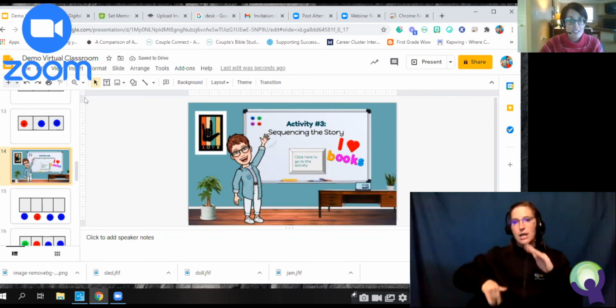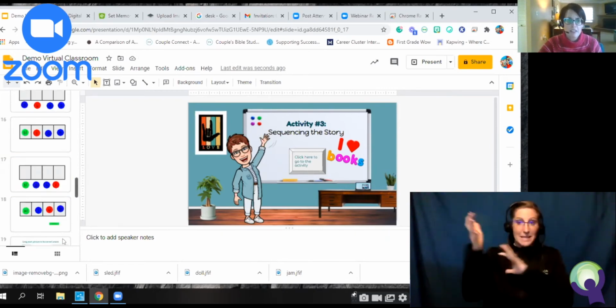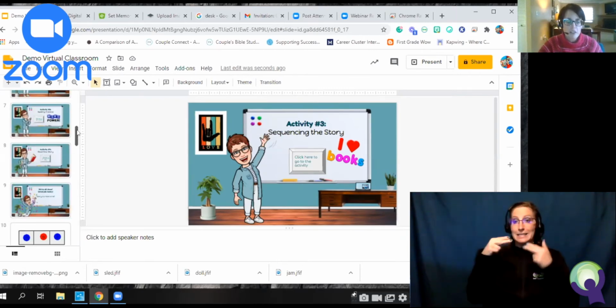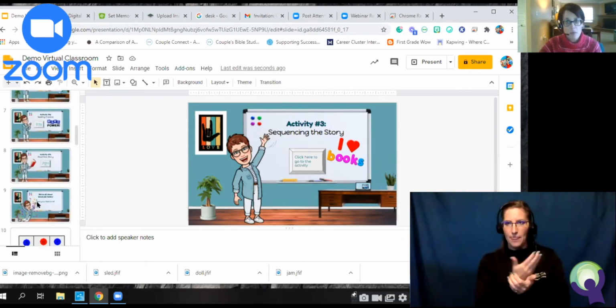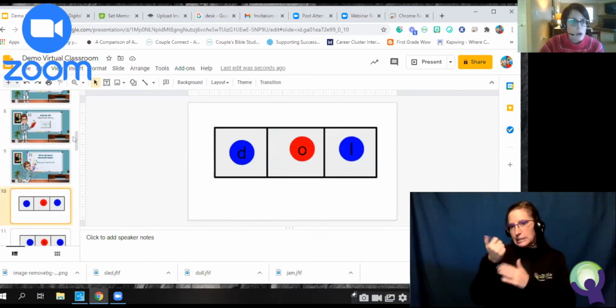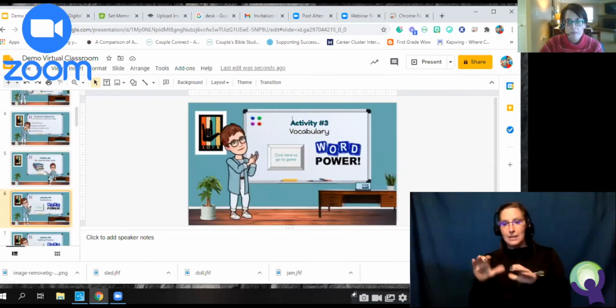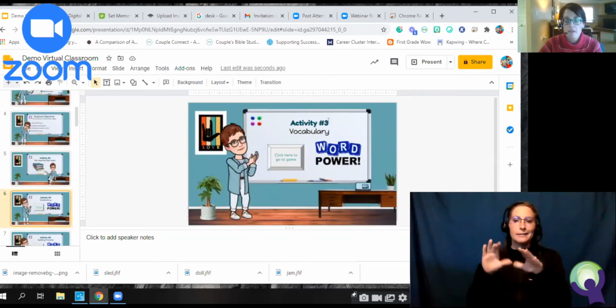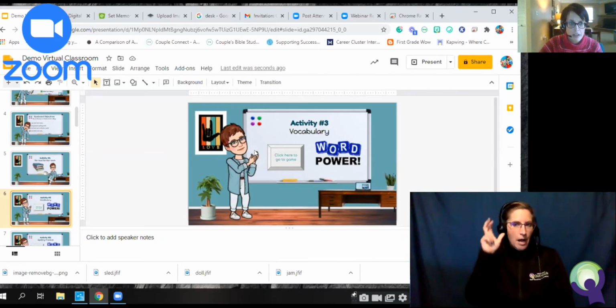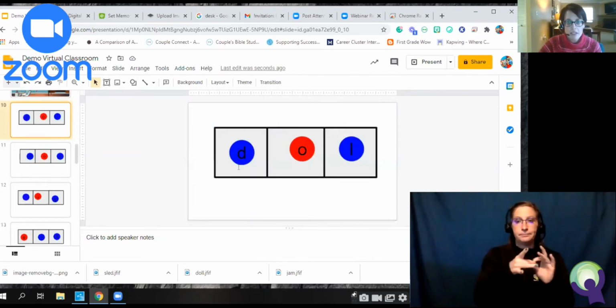My student never sees all these slides. So to me, it doesn't matter how messy it is, or if there's 100 slides, to me, that doesn't matter. So I just leave everything there, and that way I don't have to delete anything. And then, for example, here's some sound boxes that I made. So one of my activities that I did one day was, maybe it was activity number whatever, and then it was spelling or listening to sounds and words, and then I would have it link to that activity, to that slide, and now my student can